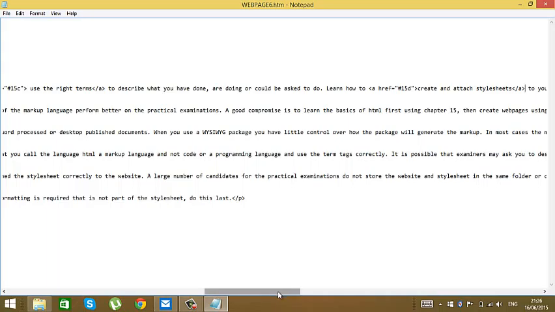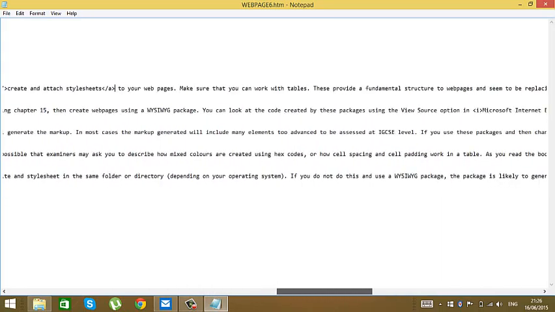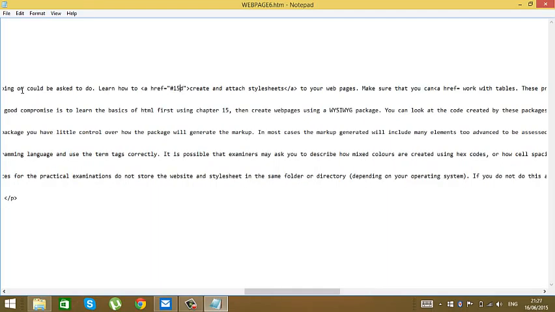Then we must look for the next one: "Make sure you can work with tables." So we can come here. Make sure that you can, a href equals, the one before is D, so this will probably be E. Hashtag 15E.